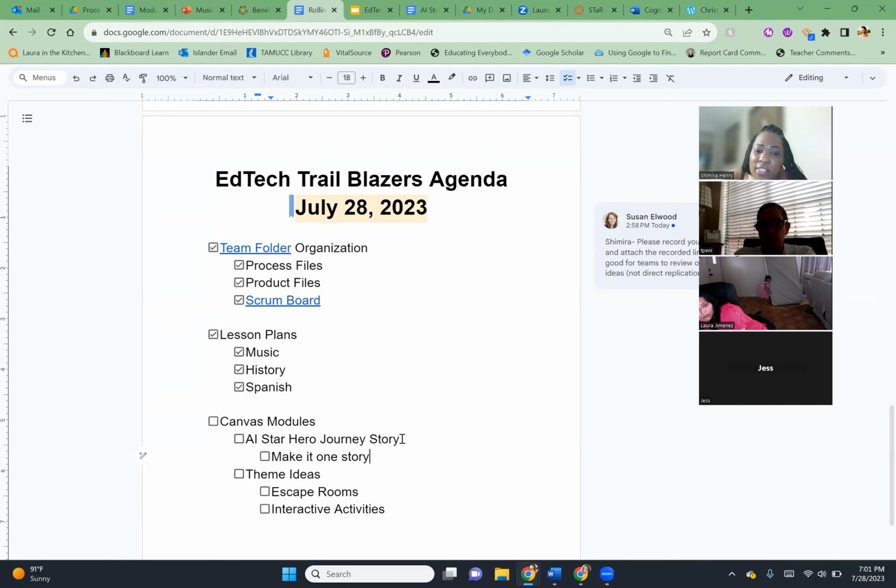And then does anybody else have any additional ideas of what they would like the module to look like? I thought it would be pretty neat if, when they go to the escape rooms and they're trying to decipher code, one of the codes could be in Spanish.